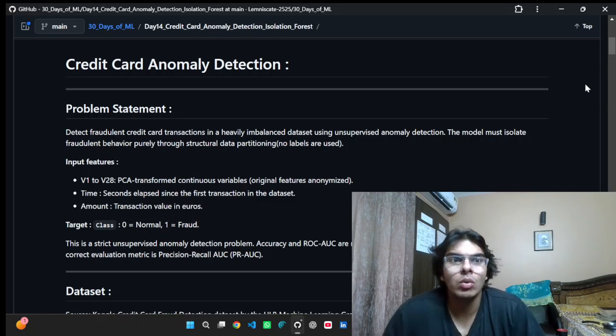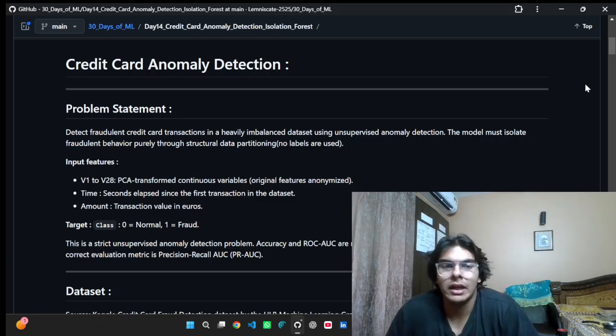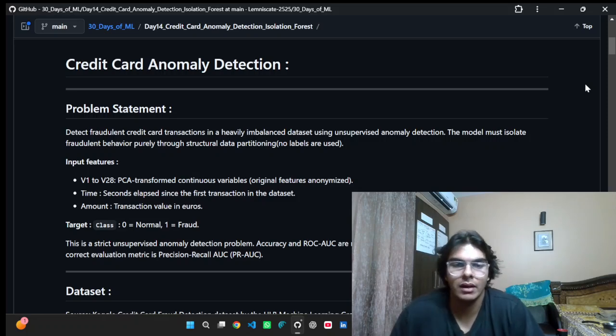For those who are new and are watching day 14 straight away because they searched for anomaly detection, day 12 and 13, the past 2 days that I'm talking about, are for the PCA and autoencoders. Very crucial days, those ones as well. Okay,